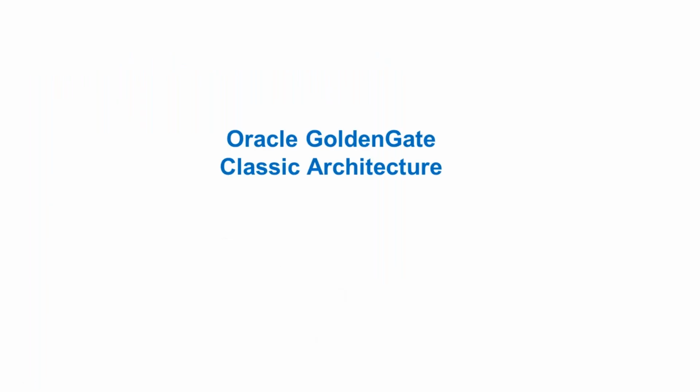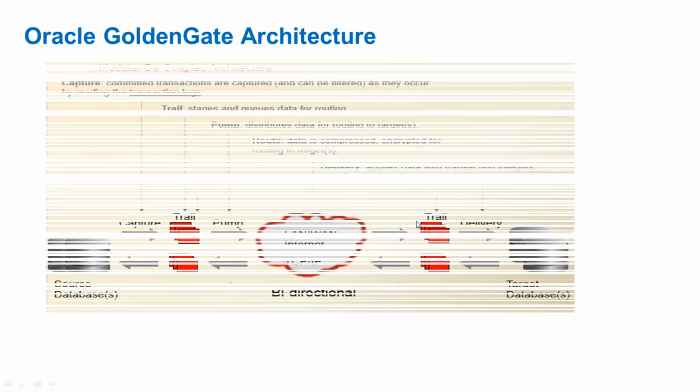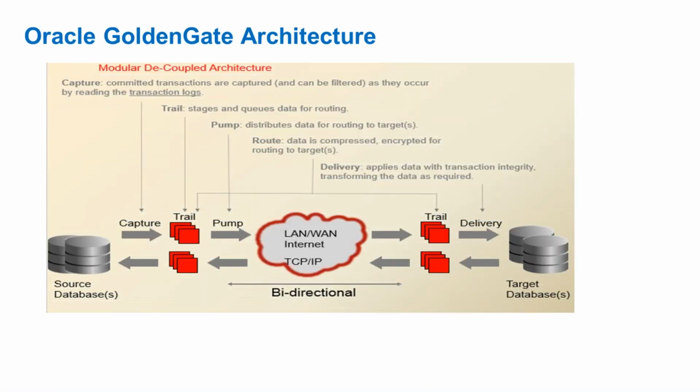Now let us discuss what classic architecture is. As I mentioned, classic architecture is command prompt based architecture. Few people have asked the question, what is classic or integrated? Does integrated no longer exist? That question will be answered for you subsequently as we move through the session. So now, classic architecture.